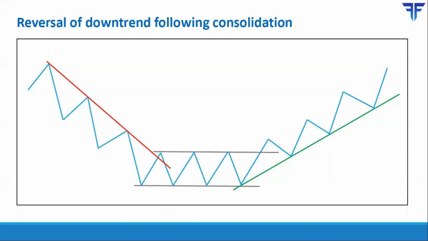An existing downtrend following a period of consolidation could reverse, and a new uptrend could resume. So over here, in the first one third of the chart, you can see that price is in a consistent downtrend as it is making lower highs and lower lows. This downtrend has then aborted and a sideways trend has started.